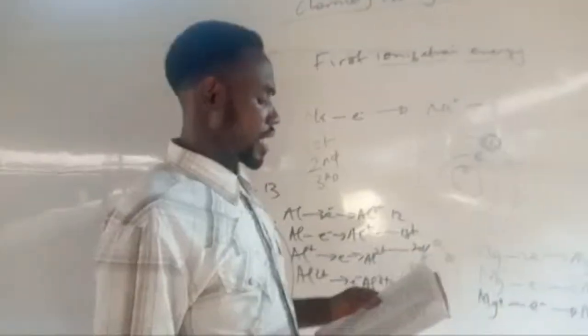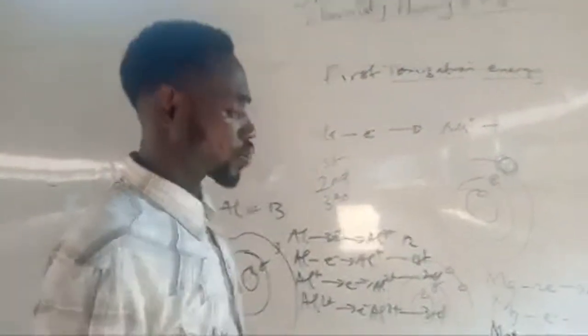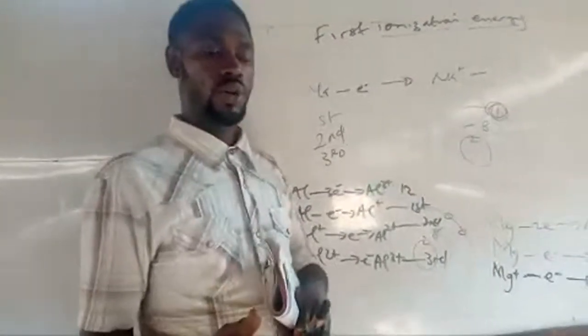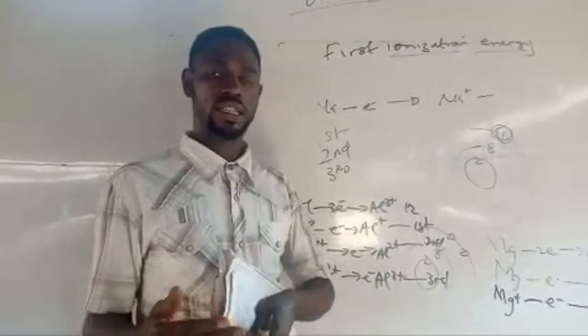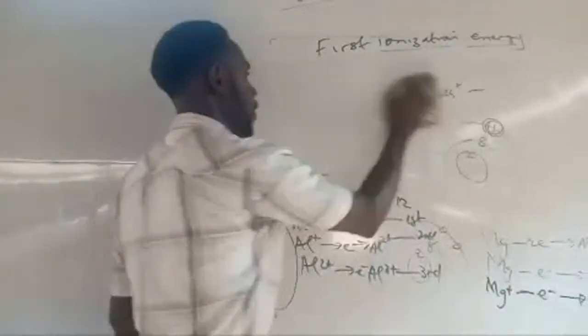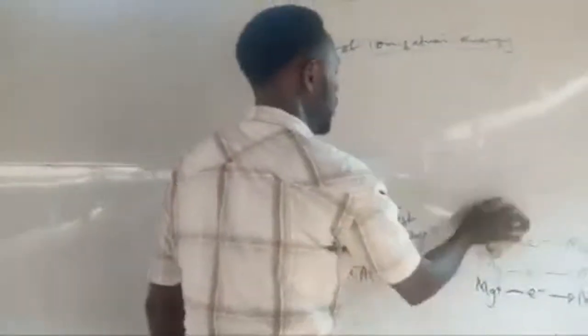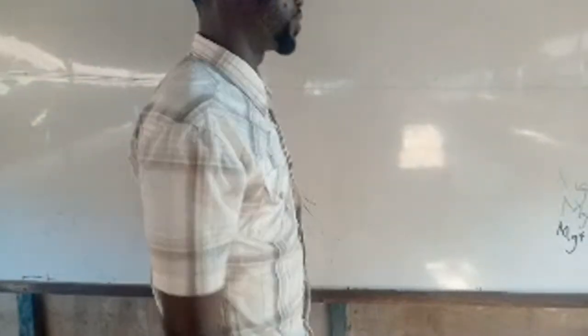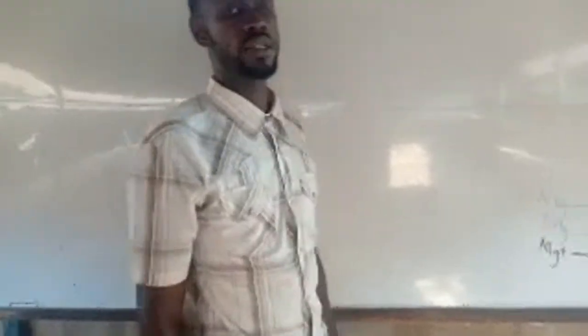So, the electrovalent compounds we know are compounds formed from electrovalent combination, which is a combination that exists between a metallic atom and a non-metallic atom. Their properties are this: electrovalent compounds are generally solids at room temperature. That means the ionic bond is a strong bond compared to covalent bond.